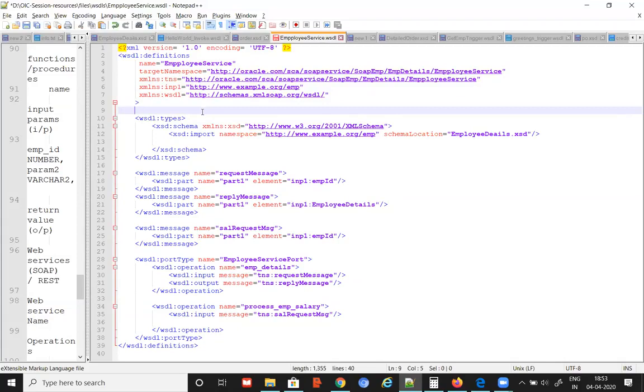Like the WSDL prefix is assigned to a URL, XML-NS should also be assigned some value by default, but I am not seeing it anywhere. Without any prefix, you mean? It's not mandatory, you can have it without that also. If somebody creates it like this, then it is also fine.